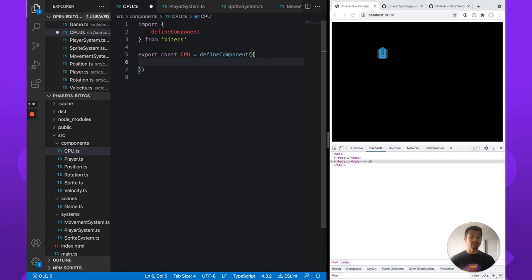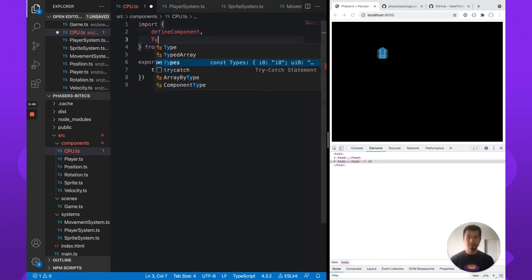And then we're going to actually give it some information. So our CPU is going to move around randomly. So we're just going to take some simple information there. So we're going to use time between actions, right? So this is actually the elapsed time in between when a new action occurs. So we're just going to make it go left, right, up, down, and it's going to decide on one of those directions or to do nothing after an interval of this time. So this is going to be of type